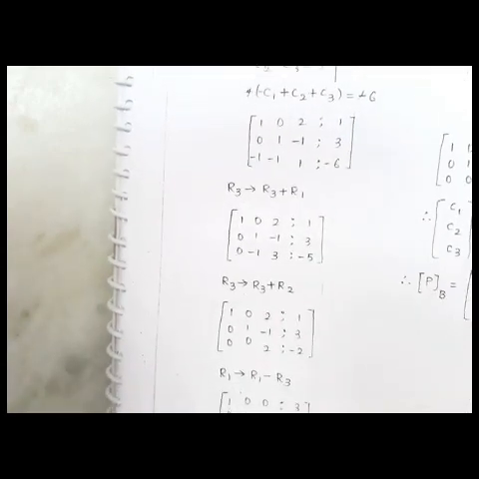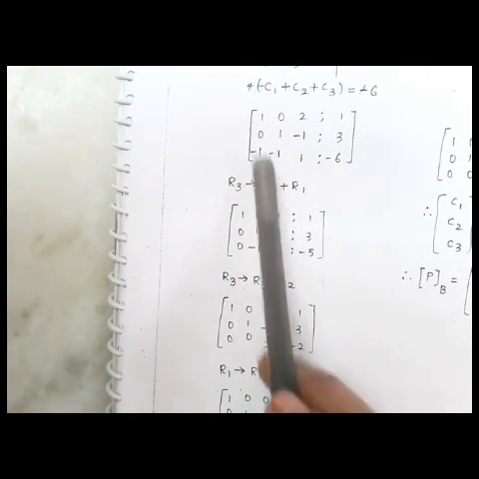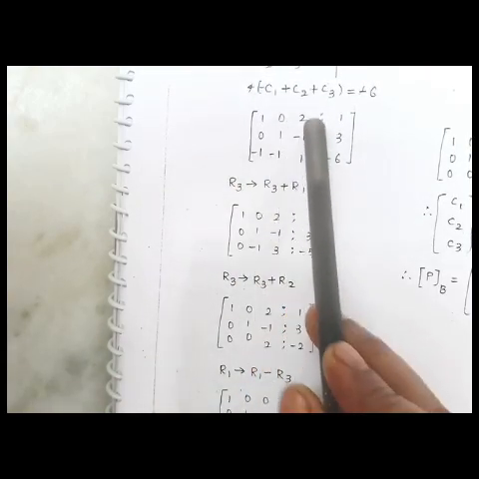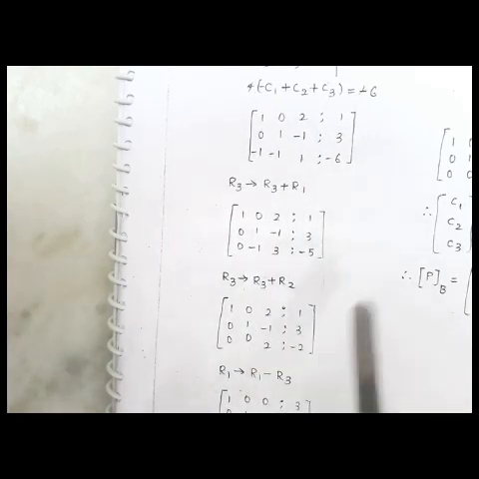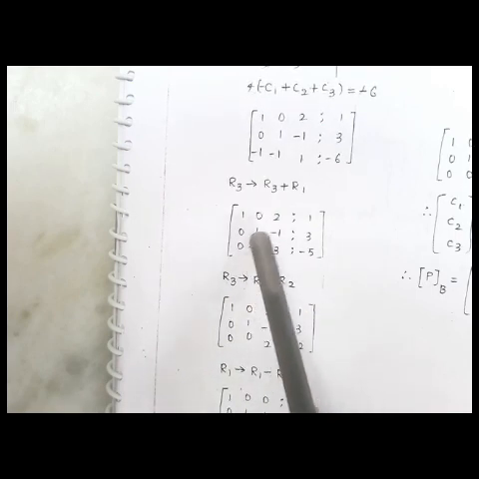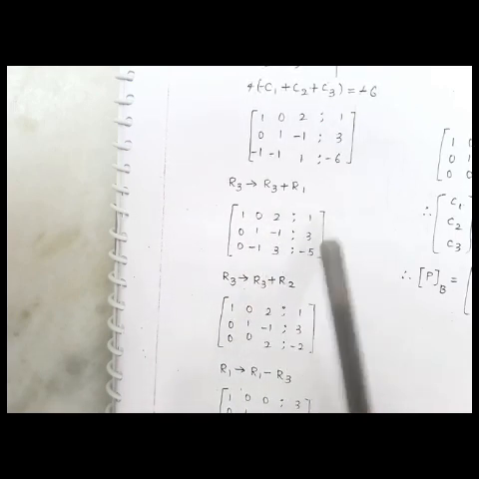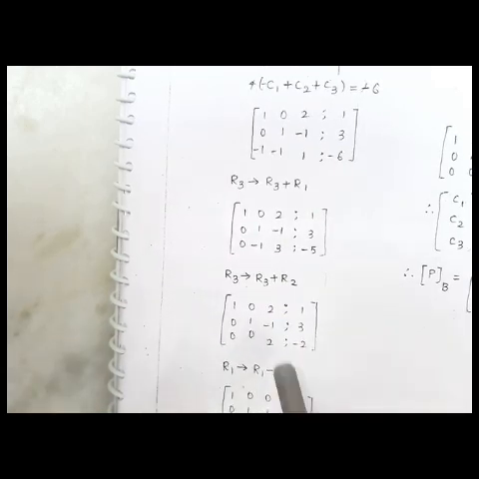So by taking row operations, first we can convert this value to 0 by taking R3 plus R1, do it for every term, then you can get this line. Then this one also can be made 0 by taking R3 plus R2, for each term, then you can get 0 here, and the values will be like this. Then we should convert this into 1. For that you can take R3 by 2, then it will be 1. Again here 0, 1, 0 should come.